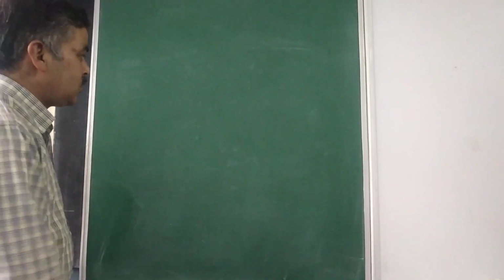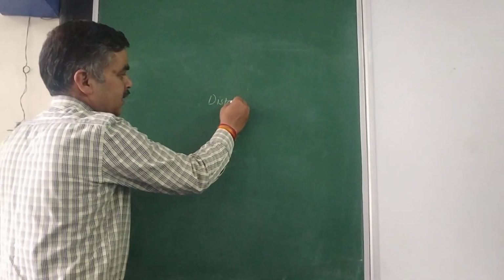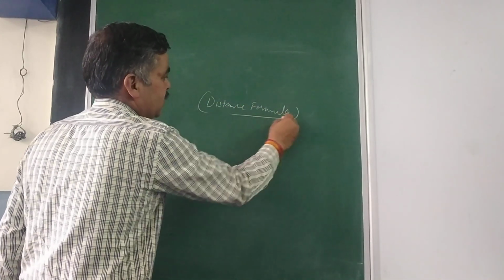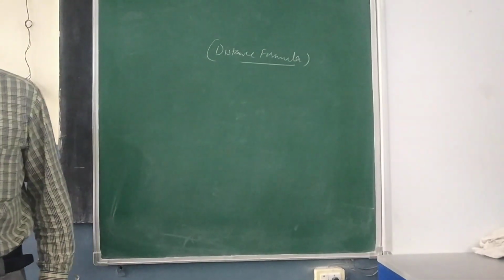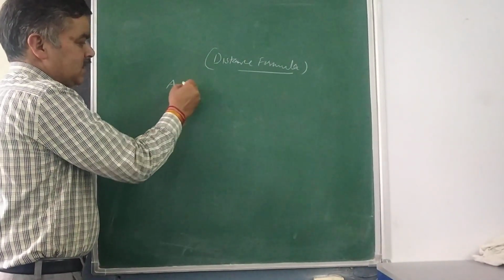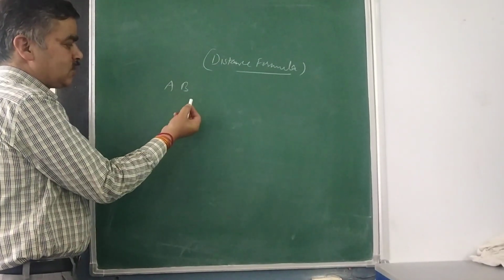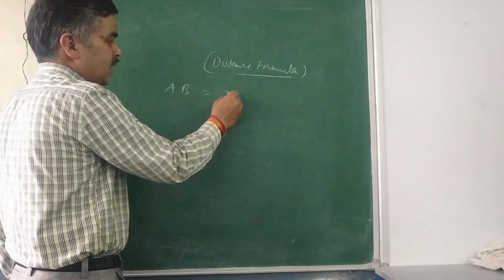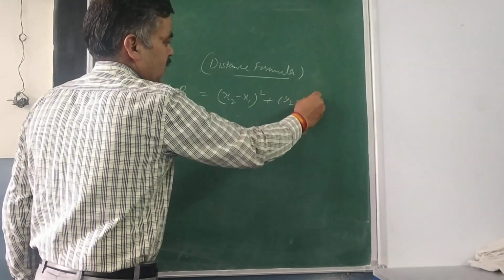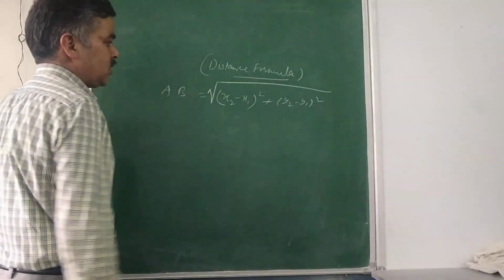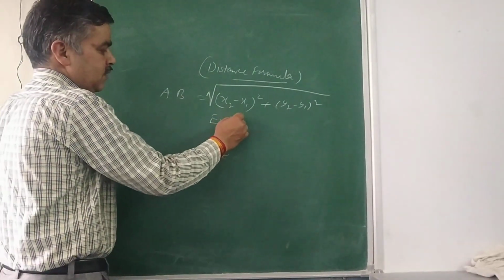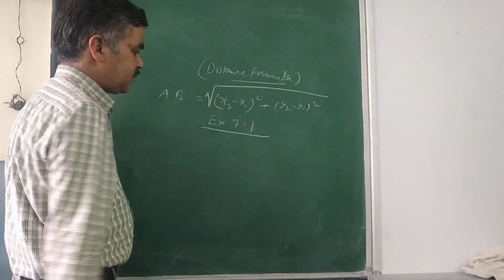Good morning. So yesterday I shared with you during the distance formula how to derive and how to use it, with one example, your question number 1 of NCERT exercise 7.1, third part, which I did for you. Between the 2 points A and B, where the coordinates of A are x1, y1 and B are x2, y2, you can write that it is the square root of x2 minus x1 whole square plus y2 minus y1 whole square. So this is the distance formula you have to use throughout exercise 7.1.